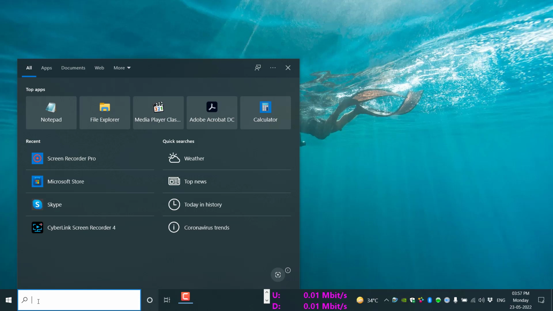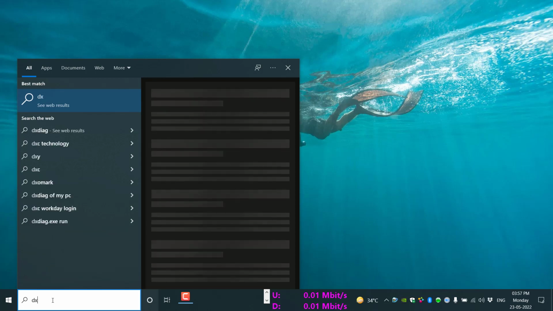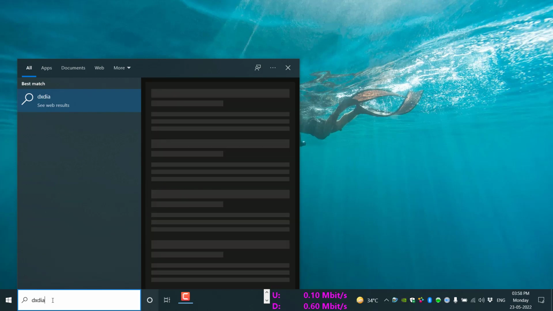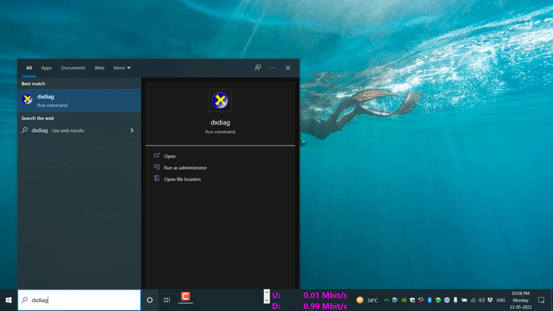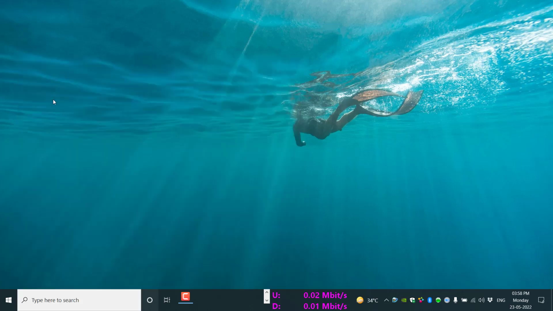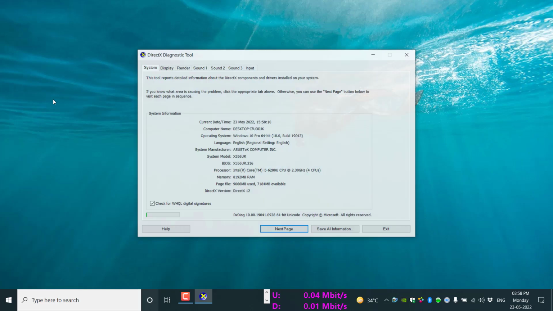Come to this search bar right next to your start button and type here DXDIAG. Like you can see, that is DXDIAG. Click on that and wait for a while, and like you can see, a new window will open, where you can see several